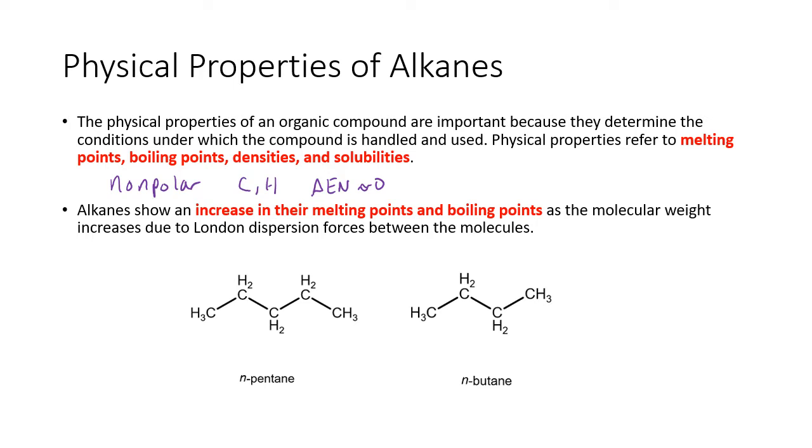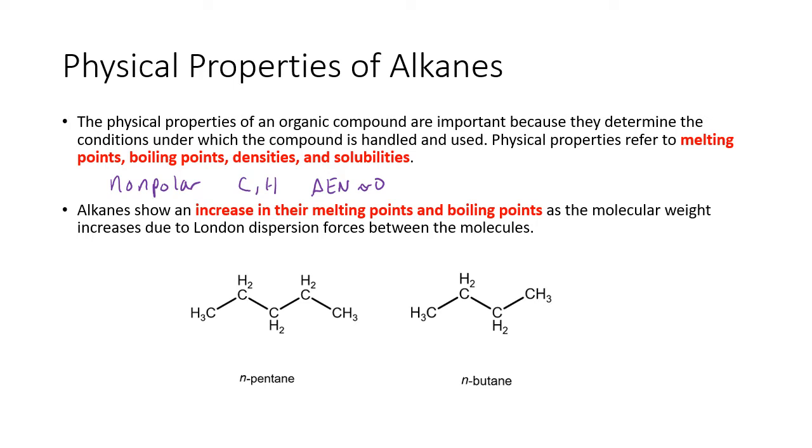Remember, likes dissolve likes. When comparing their either melting point or boiling point, depending upon if they are a solid or a liquid, we want to look at the amount of London dispersion forces that would be present. And the greater the number of electrons, or the higher the molecular weight, the more London dispersion forces will be present. So we can compare something like N-pentane, which stands for normal pentane, meaning it's just a straight chain,